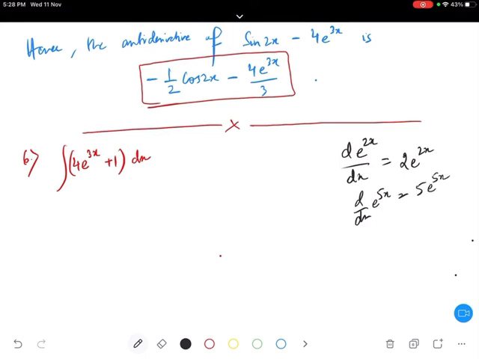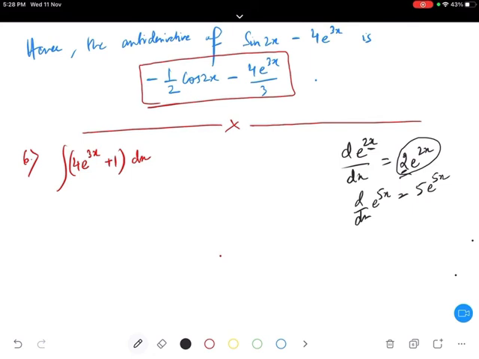Okay. So whenever I differentiate e to the power 2x, e to the power 5x, the constant which is multiplied, listen very very carefully, the number which is multiplied with x will get multiplied with the entire function. So differentiation of e to the power 2x becomes 2 e to the power 2x. So 2 gets multiplied with e to the power 2x.